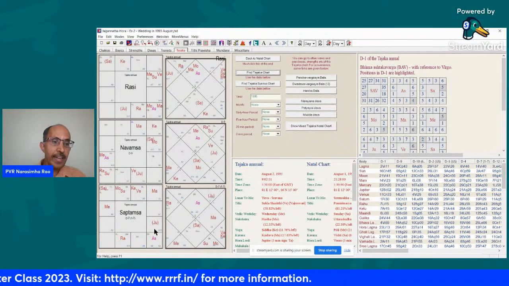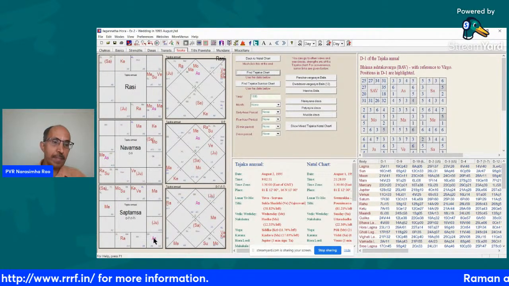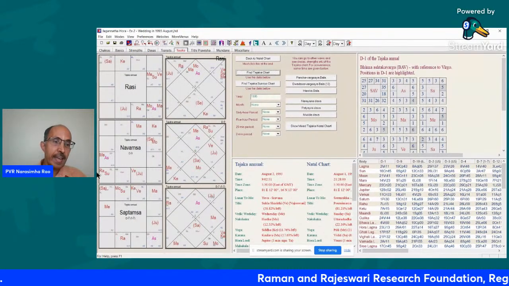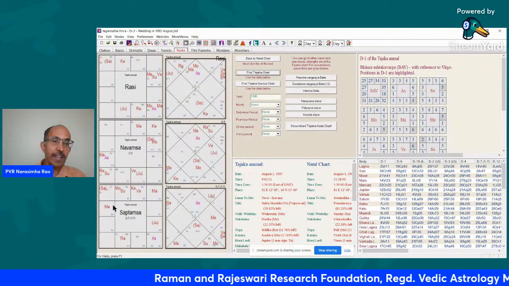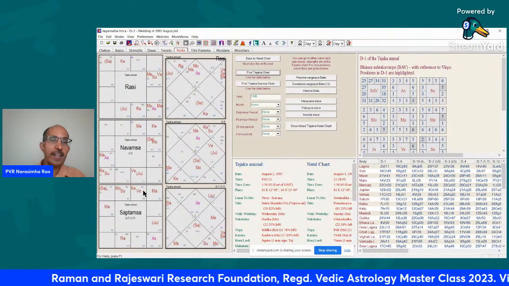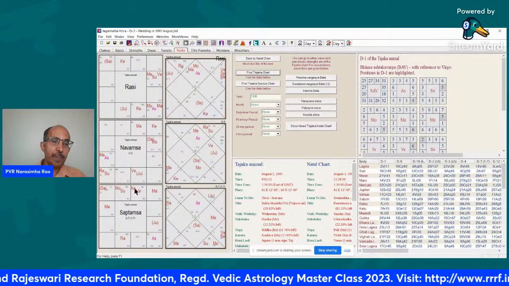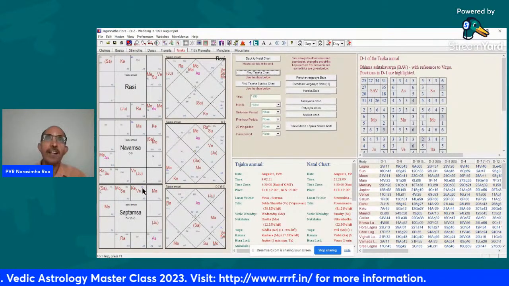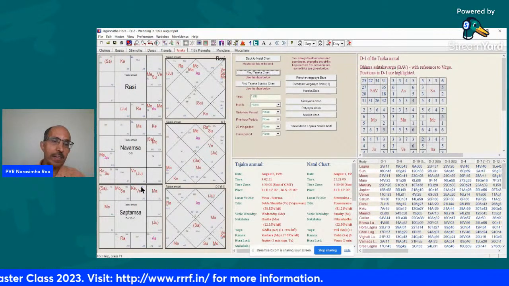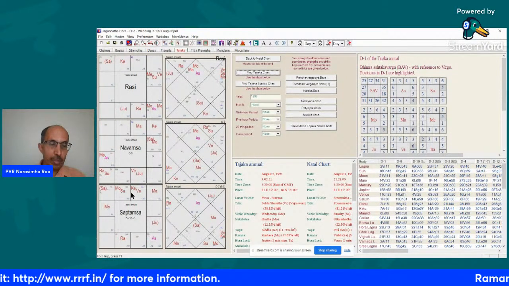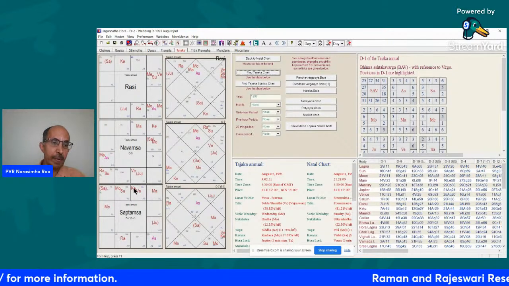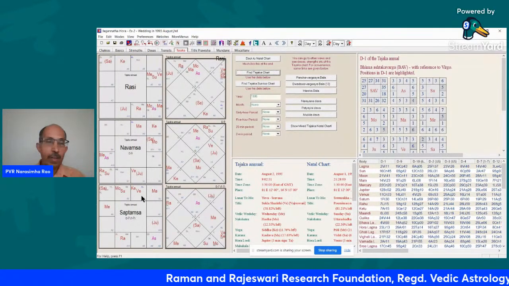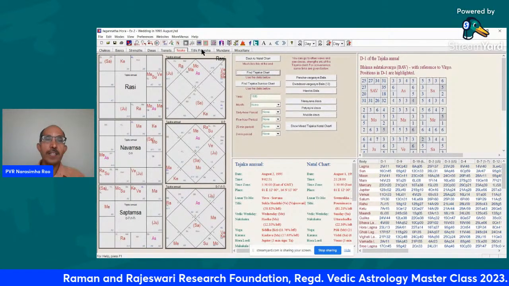And let us look at the Saptamsa chart. In the Saptamsa chart, the fifth Lord of children Saturn is aspecting the Lagna, and he's also the dispositor of the Lagna Lord, and the ninth Lord Venus is in the ninth house. So when the fifth Lord is in the fifth or the Lagna Lord is in Lagna, that particular chart becomes strong. So the Saptamsa shows children are blessed during that year because of this Venus. So basically there are some interesting indications.